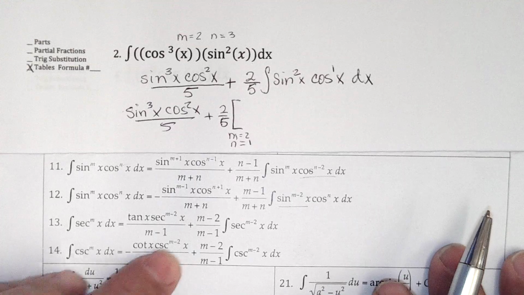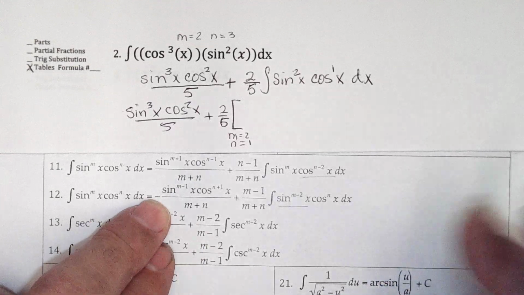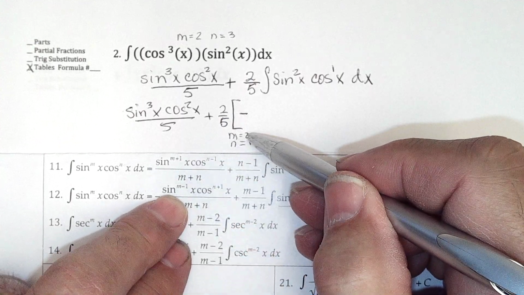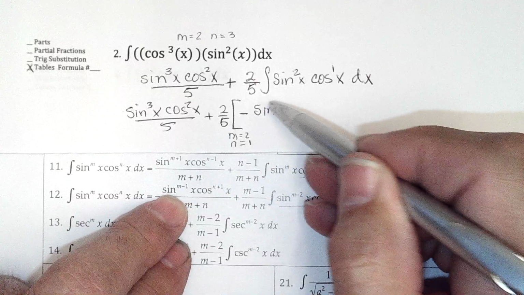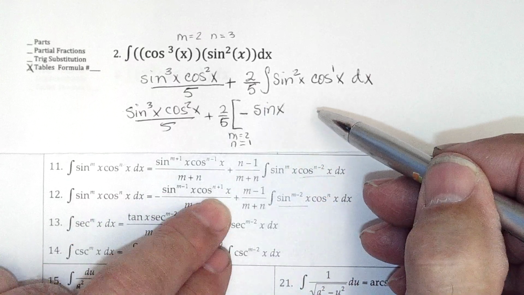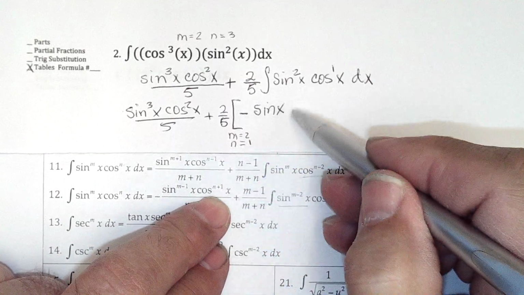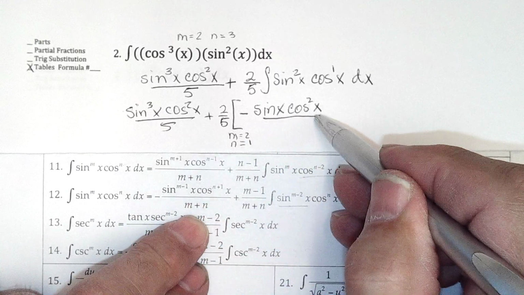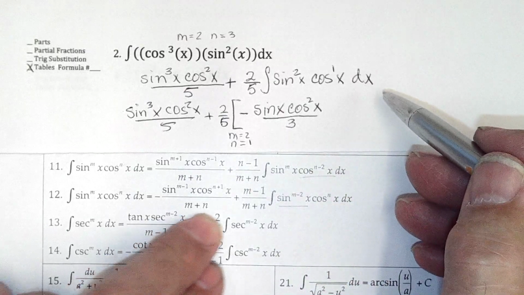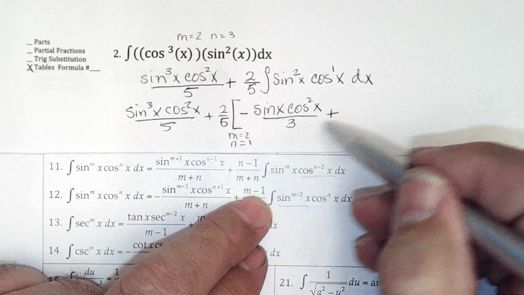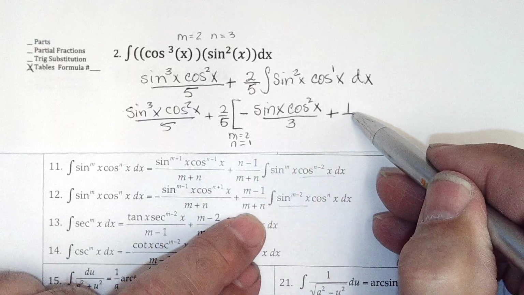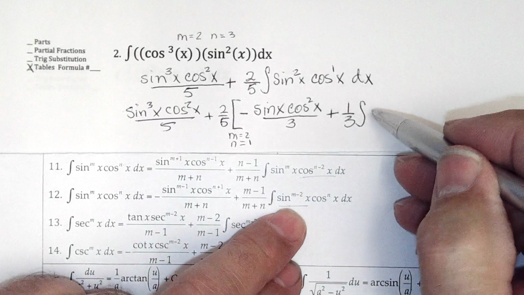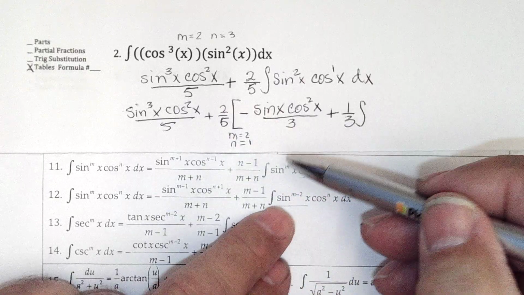So I get negative sine to the 1 less than m, so that'd be sine to the 1, so I don't even need to put the 1 in, sine x, and cosine squared over m plus n, which would be 3, plus m minus 1, so that's 1, over m plus n, 3, integral of sine to 2 less,